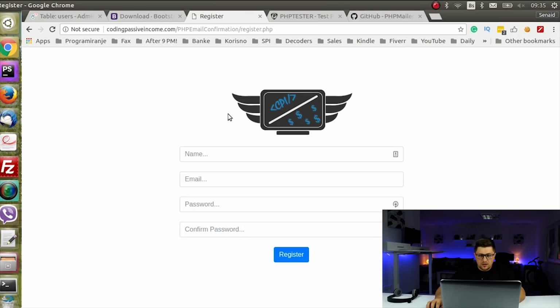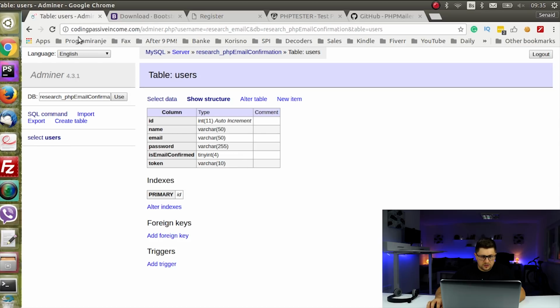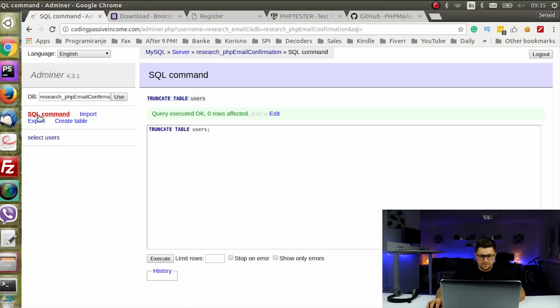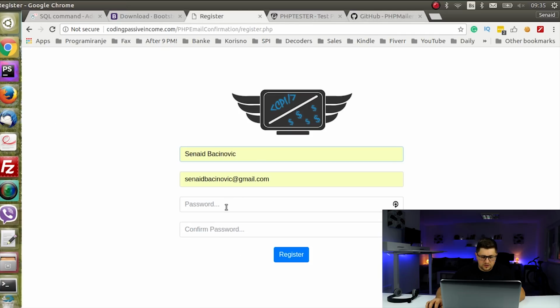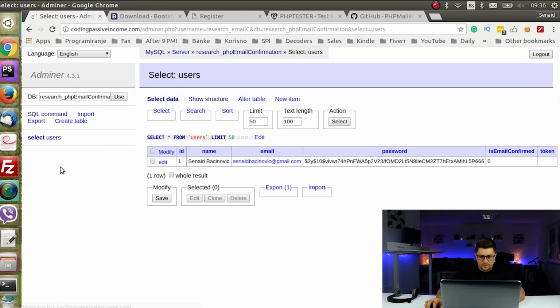Okay, so let's try again. So let me just delete everything from the table users. Okay, so let's try again. 1 2 3 test 1 2 3 register, and now it says you have been registered, please verify your email. So let's check now our table users. As you can see, there is one new person added, but